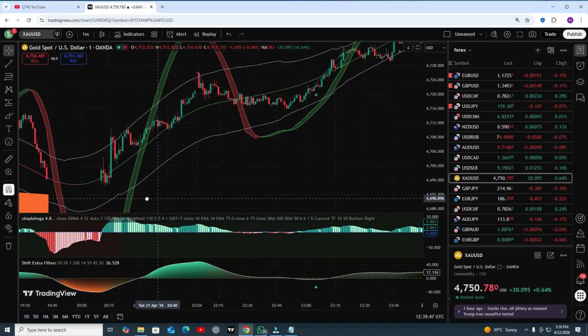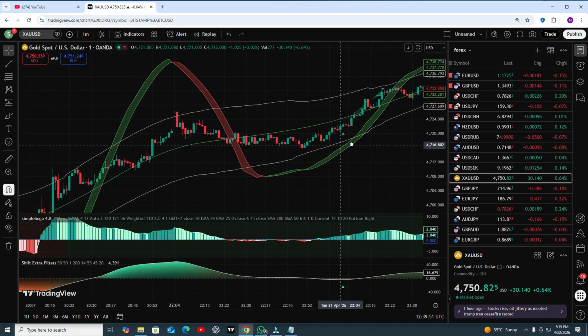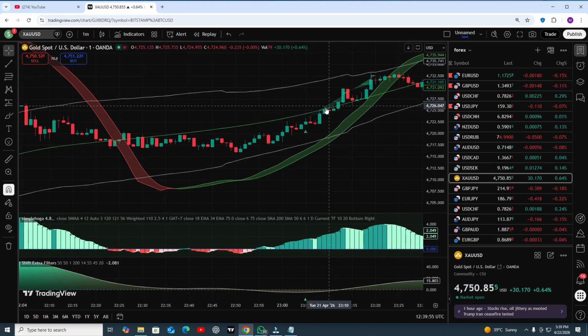Okay, let me show some more point entries. Here you can see, you got the signal here. You can see this is the buy zone. This is your open buy position, a very small trade, and you can see it's really amazing. Look, the histogram is green, so this is your perfectly awesome trade. Small trade, but you can see.